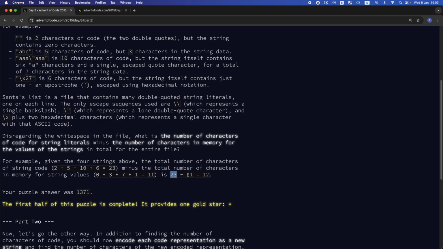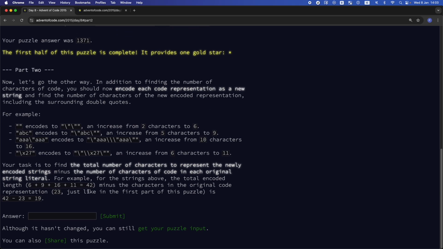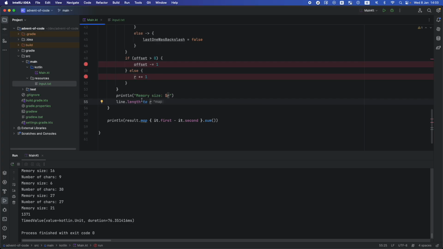Oh, here we did 23 minus 11, and now we do 42 minus 23. So we want to have line length here